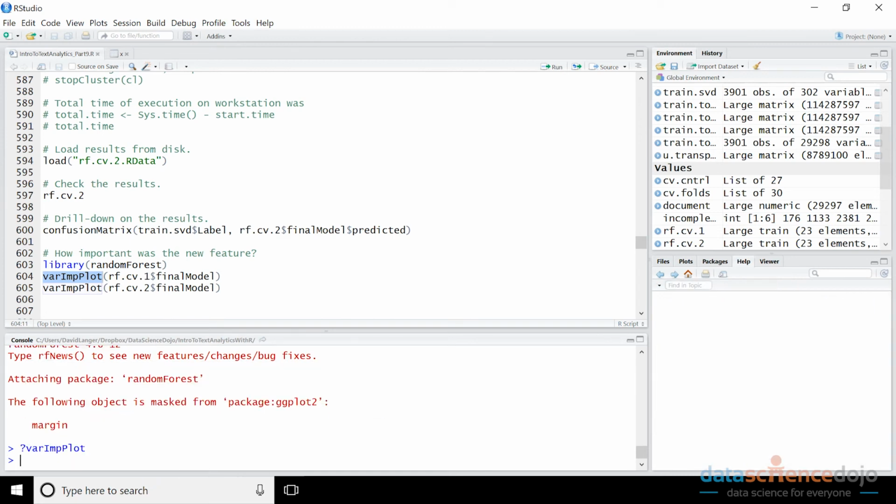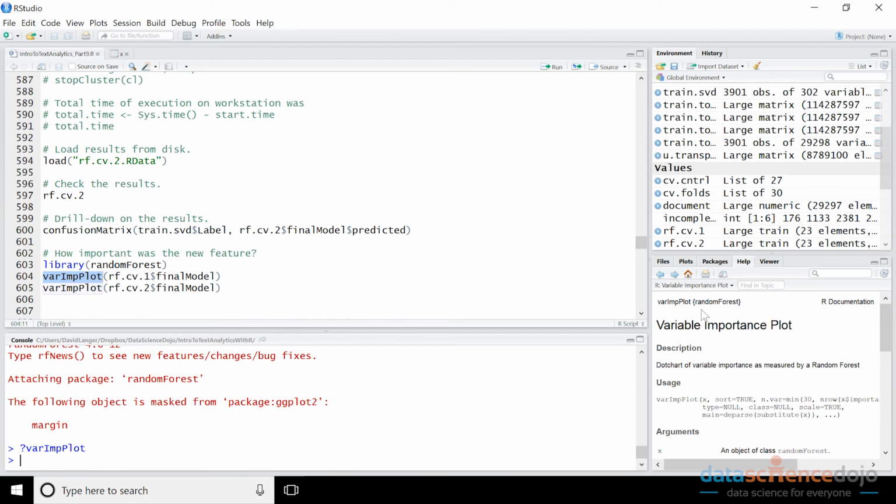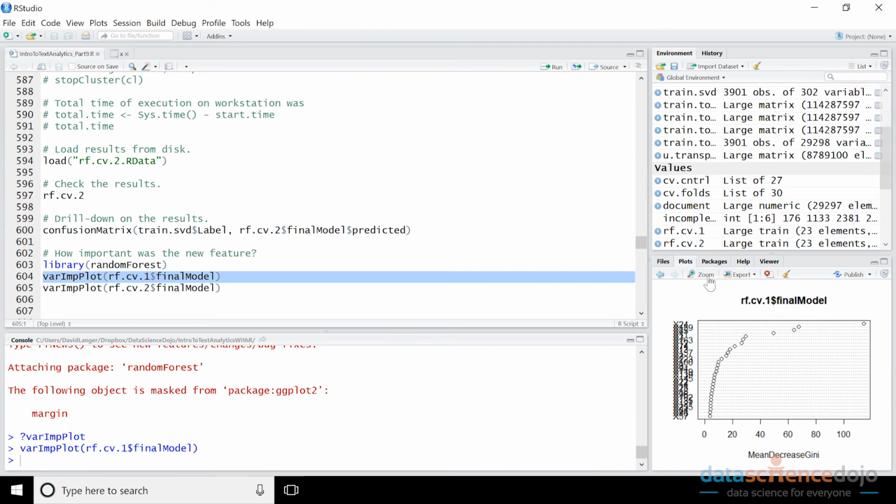Variable importance plot. Interestingly enough. Now what I'm going to do is I'm actually going to do the first CV run. This is the run without text length, right? This is the first one we looked at. This is one that was 96%-ish accurate, just so you get some idea of what was going on with that particular model. So if I zoom in on that,